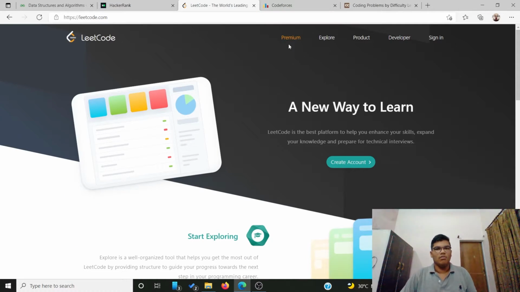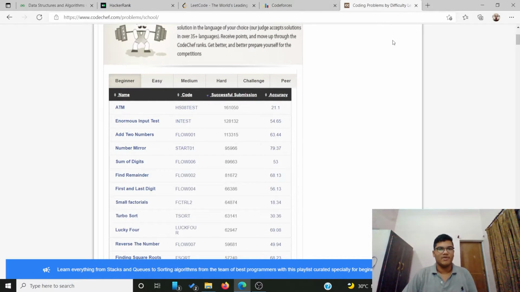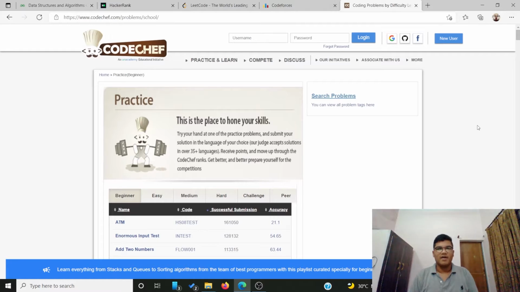For example, all three platforms are very good. When companies come to college for internships or job placements, they seek students who are active on a certain platform, like LeetCode or CodeChef, because it builds our coding mind and also builds problem-solving strategies. And basically, it's a time-based task.